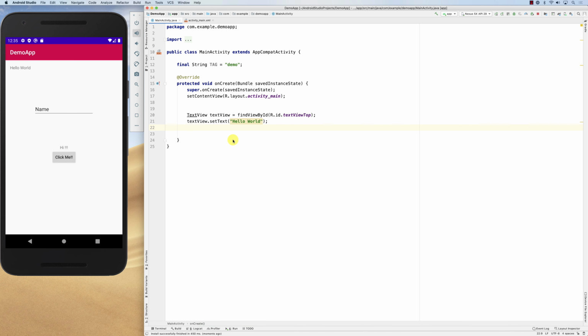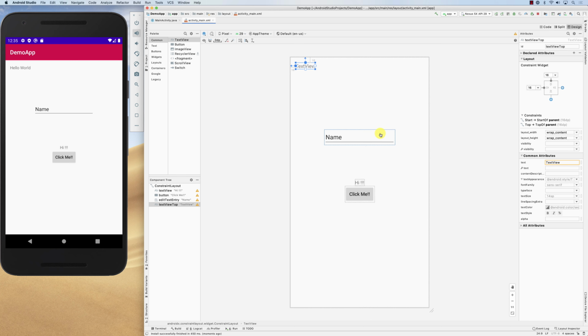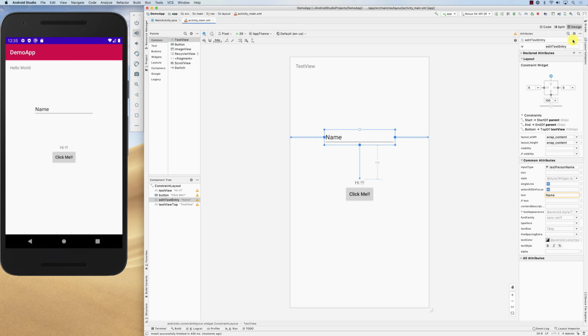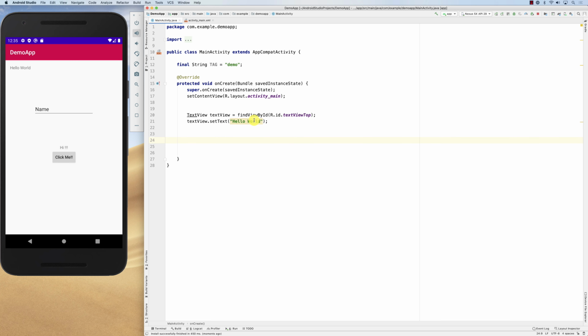The same scenario for the edit text. So this guy is an edit text. How do I know? I go back here. You click here and it says its type is edit text. You see at the top. And at the same time, the ID we gave it is edit text entry. So basically I could do this. I could say edit text equals find view by ID r.id dot edit text entry,